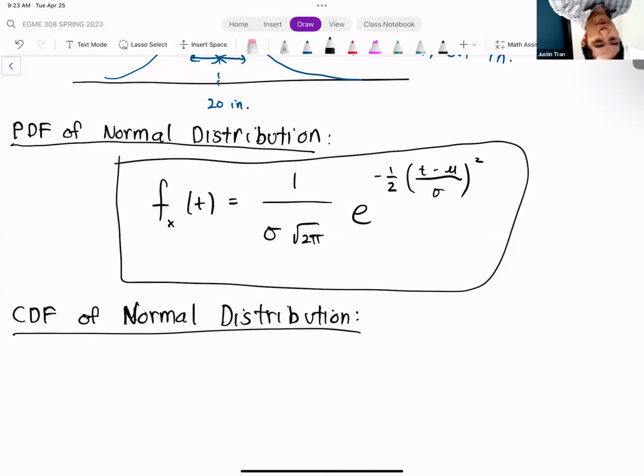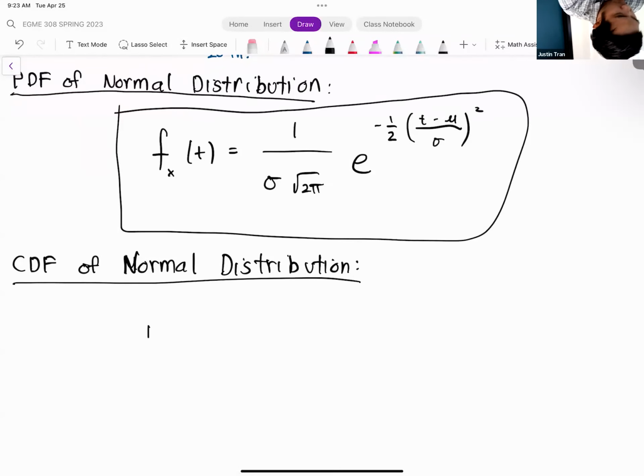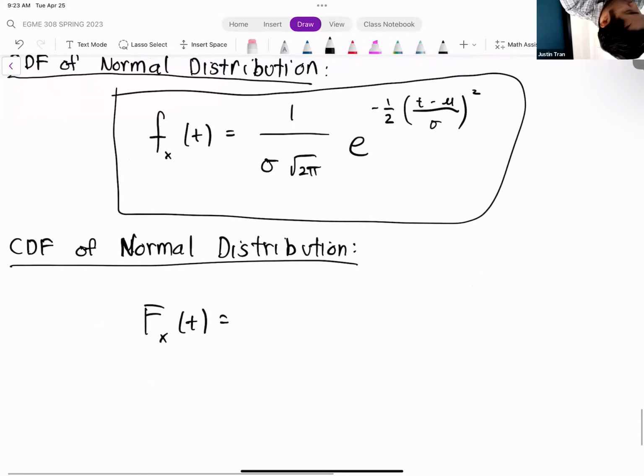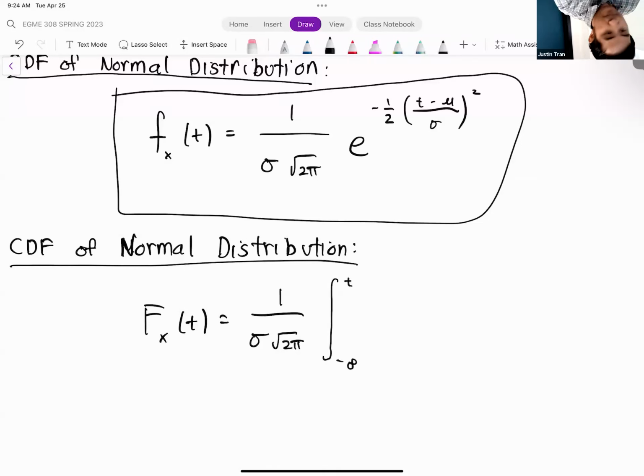Again, this is just for your curiosity. This is capital F of t, and this is equal to 1 divided by sigma squared pi. And what you see is that we don't actually have the functional form for the integral, it is actually impossible. We have the integral from minus infinity to t